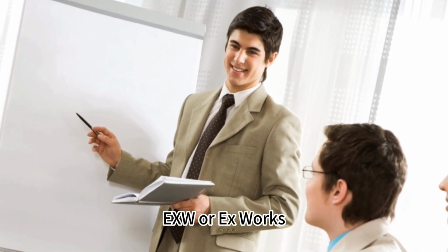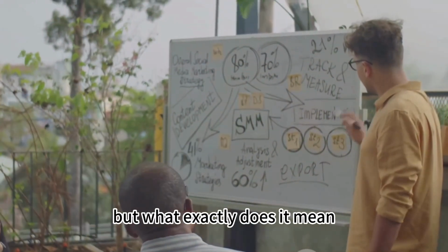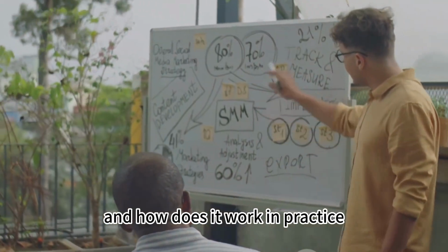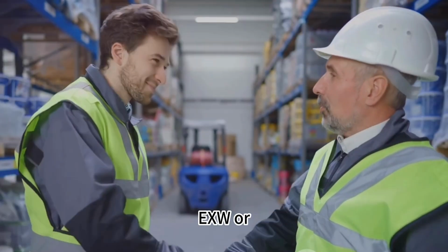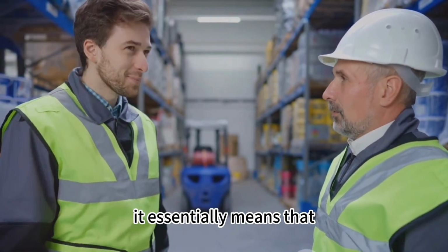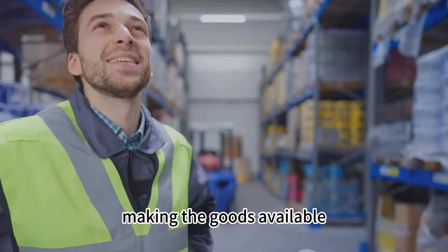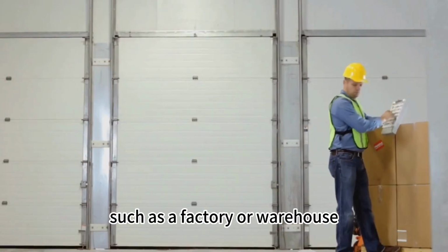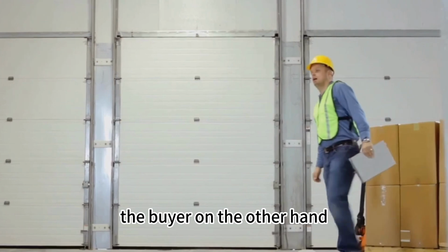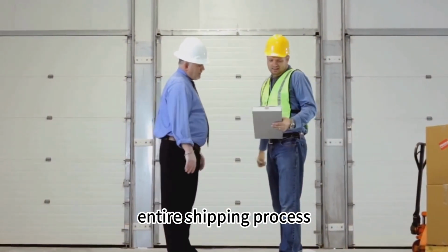EXW, or Ex-Works, is one of the simplest Incoterms used in international trade. But what exactly does it mean, and how does it work in practice? It essentially means that the seller's responsibility is limited to making the goods available at their premises, such as a factory or warehouse. The buyer, on the other hand, takes on the responsibility for the entire shipping process from that